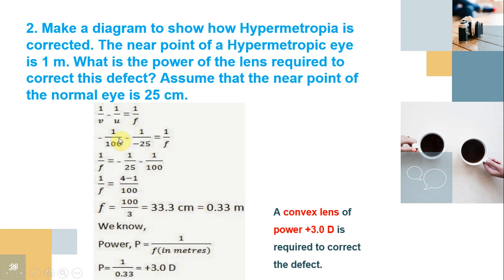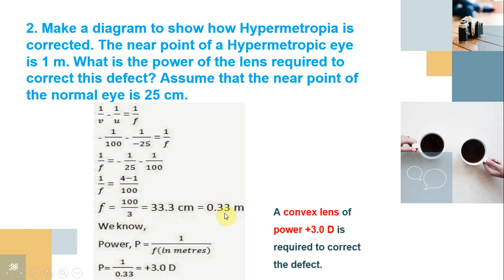We have to interchange these two values: 1 by 25 minus 1 by 100, and we take the LCM. The LCM is 100. Here 4 minus 1, we have to take a plus, it is not a minus. After solving these equations, f is equal to 100 by 3, which is equal to plus 33.3 centimeter,